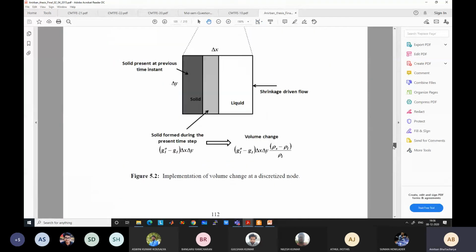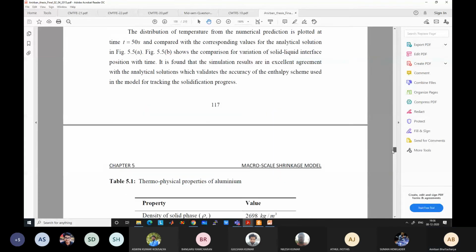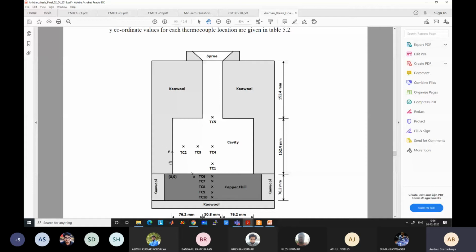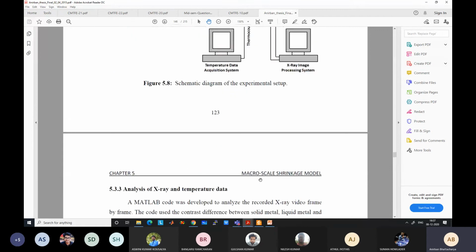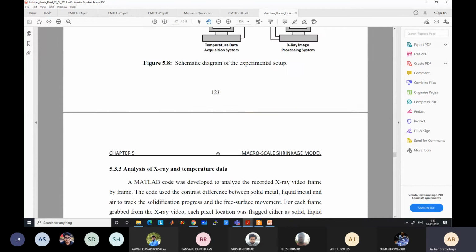Actual experiment for aluminum casting, which had a domain like this, and we wanted to solve it in Cartesian coordinate system because our code was written in Cartesian coordinate system. However, you can see that there is a cavity and liquid metal is poured and it solidifies within it with some shrinkage and other things. So liquid metal is poured, it solidifies like this, and there is some shrinkage.